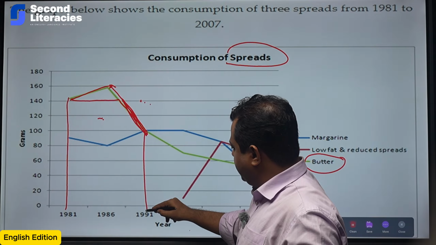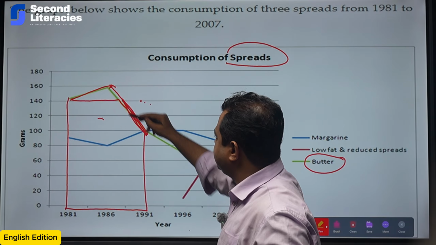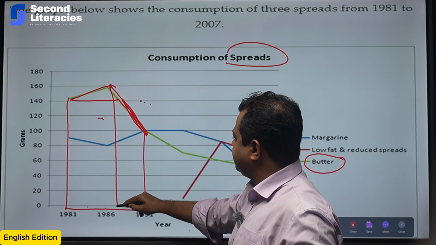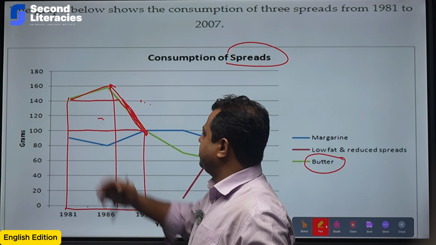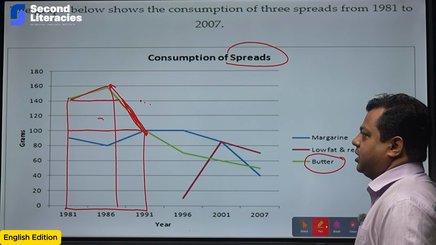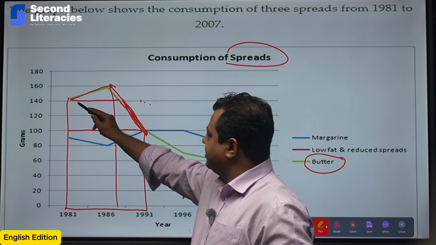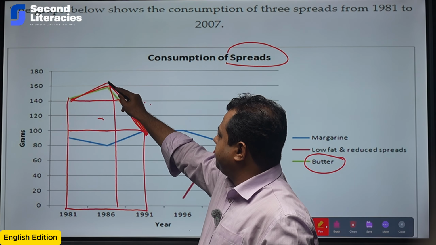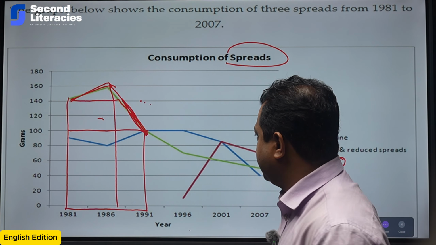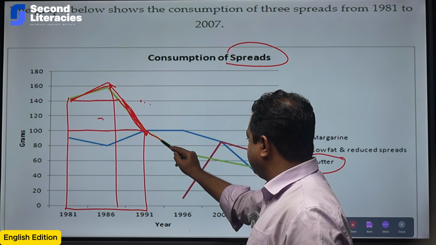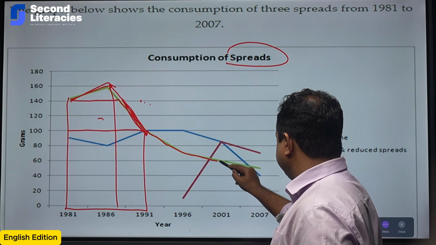So within just 10 years, the line graph tells us it's a decrease. So over 10 years, butter's position decreased, but in the initial 5 years it was really high. It rose, then it gradually fell down,